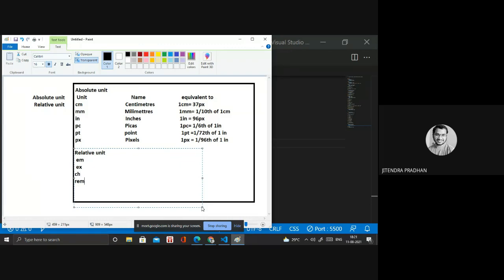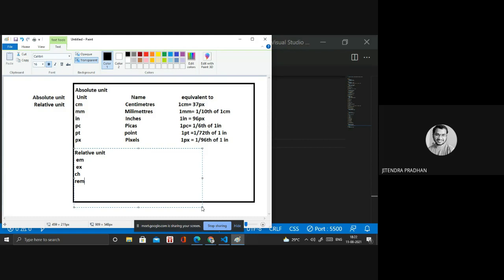Basically EM we are using for content purposes, like I already showed you in HTML where I used 1 EM, 2 EM. And EX we are using for the height of the font, the width of the content. And CH we are also using for defining a width.